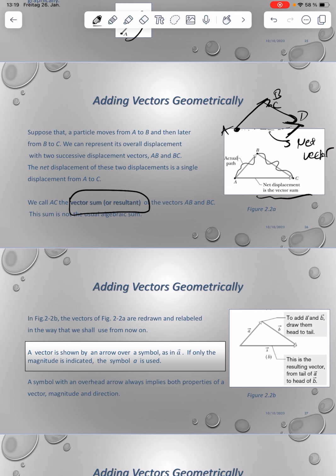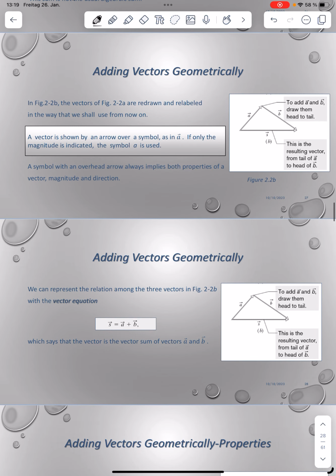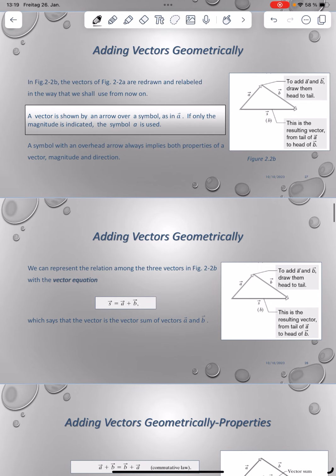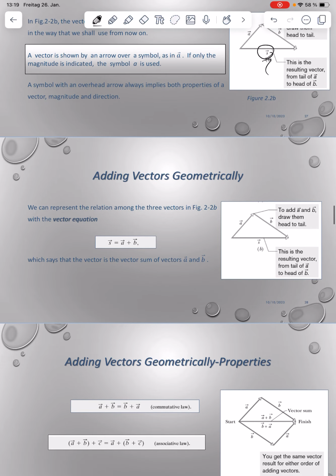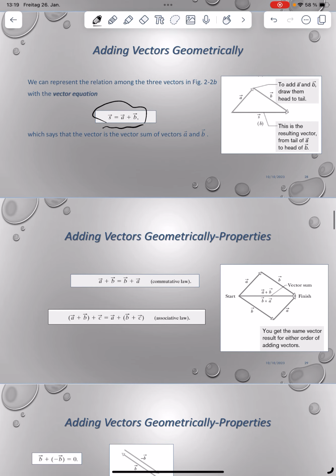For example, here net displacement is a vector sum, and adding vectors geometrically, as I told, the S vector is the sum of A and B. Also, we can show the equation like this,